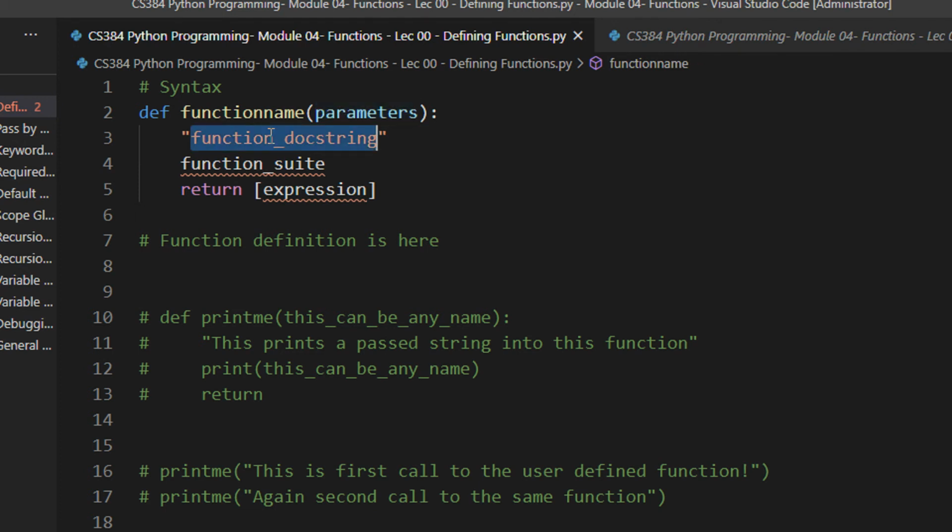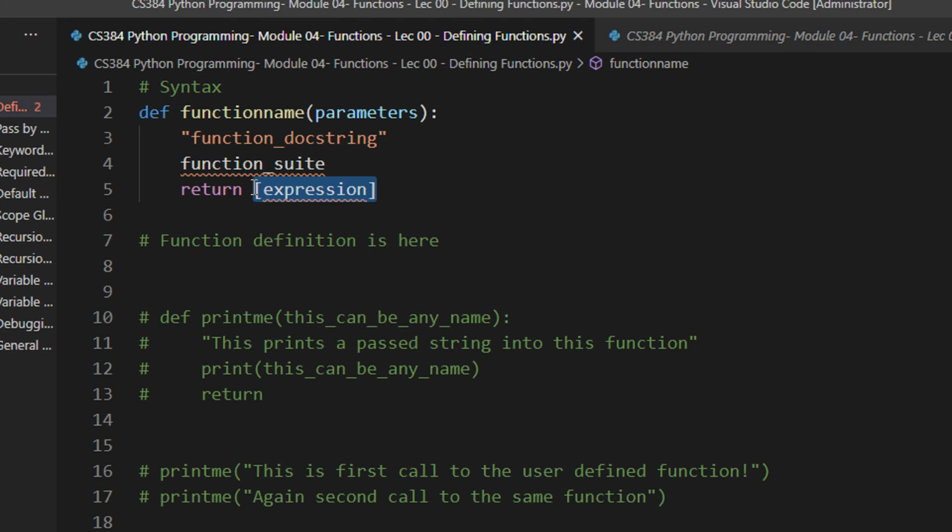Then there is a feature in Python called docstring. Docstring means document string, where you describe what your function does. It is again optional, but it is always better to define it so that when other people read your programs, they understand what your program means. Then you define the function body and then you specify the return type.